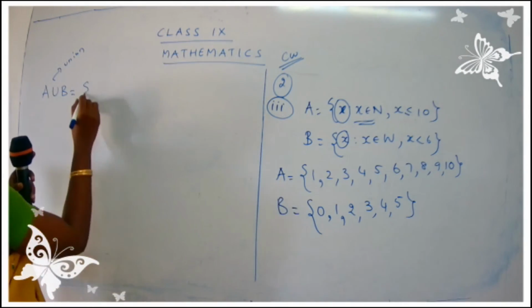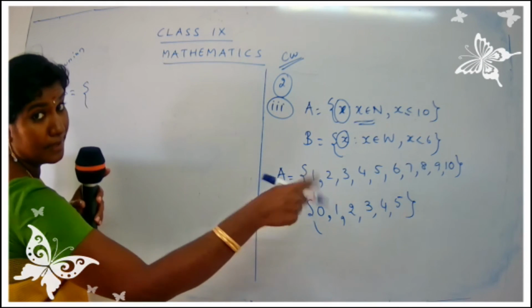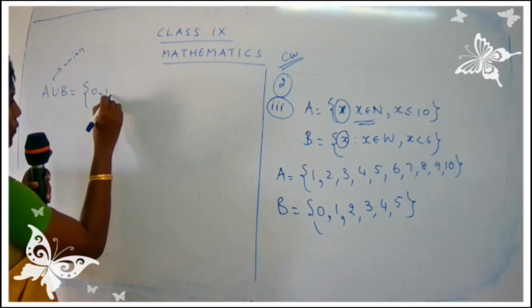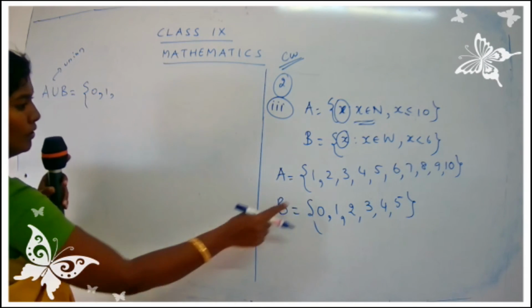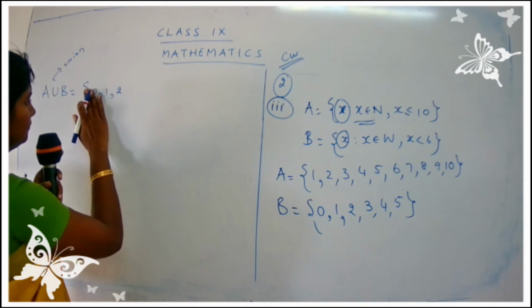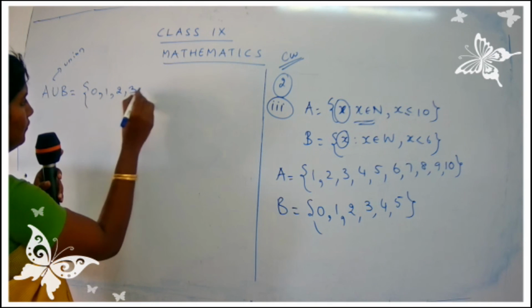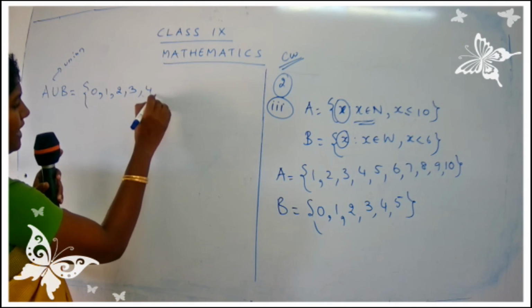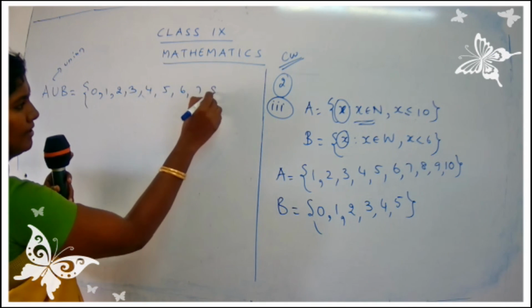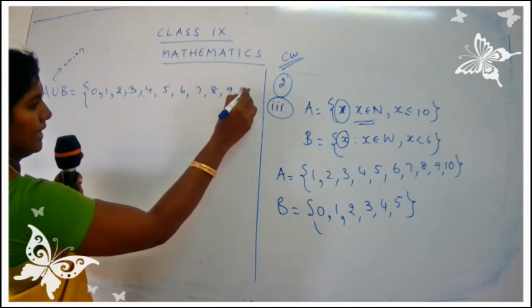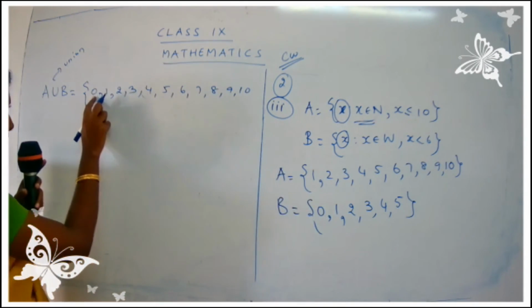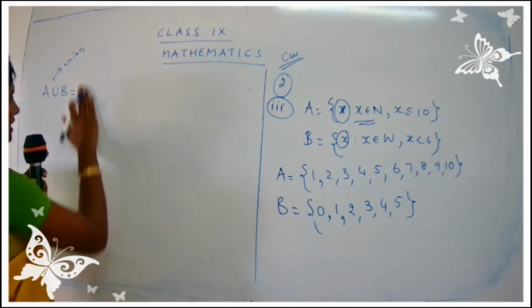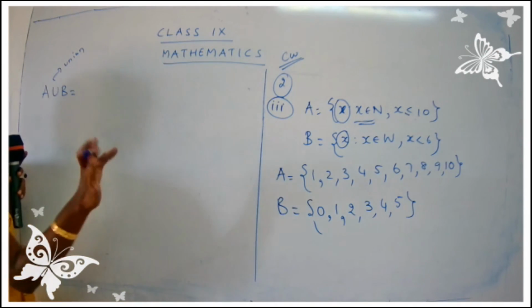It starts from 0. The smallest number is 0. I'll take 0 first, or you can take the 0 at the last. It's your choice. Okay, 0, 1, 2, 3, 4, 5, 6, 7, 8, 9, 10. Do not write this again, children, because I have already written 0 here. For your explanation I'll give you the same answer, just wait.